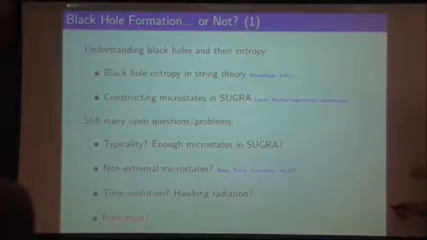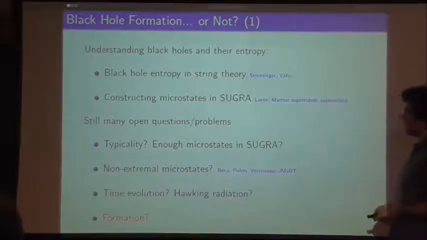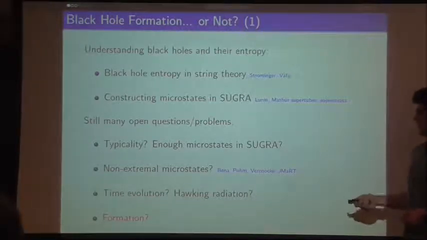Another line of thought is to take a supersymmetric background and introduce a probe in the probe approximation. So you introduce a probe that's non-extremal, so that breaks supersymmetry. And then you can move a little bit away from extremality, from supersymmetry, but of course not a lot. And this is the line that Josef and Andrea and Bert did a bit. Of course, this still doesn't really answer a lot of questions that you might have about the non-extremal setting. In particular, things like Hawking radiation are very difficult to study if you don't have a very good handle on non-extremal microstates, because you don't have Hawking radiation with supersymmetric microstates. And in general, time evolution.